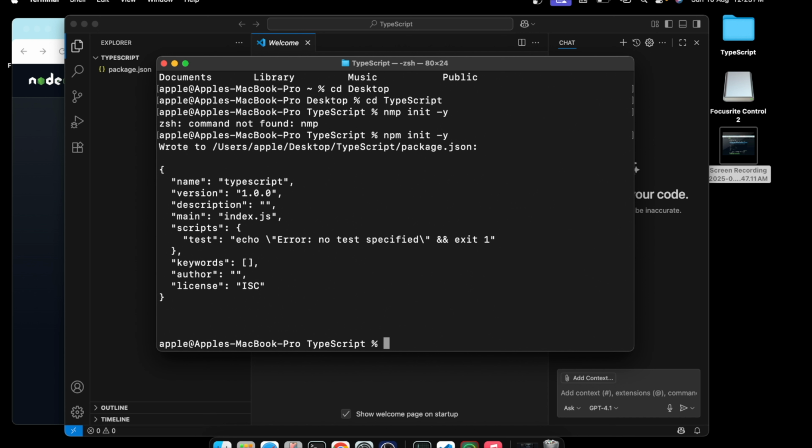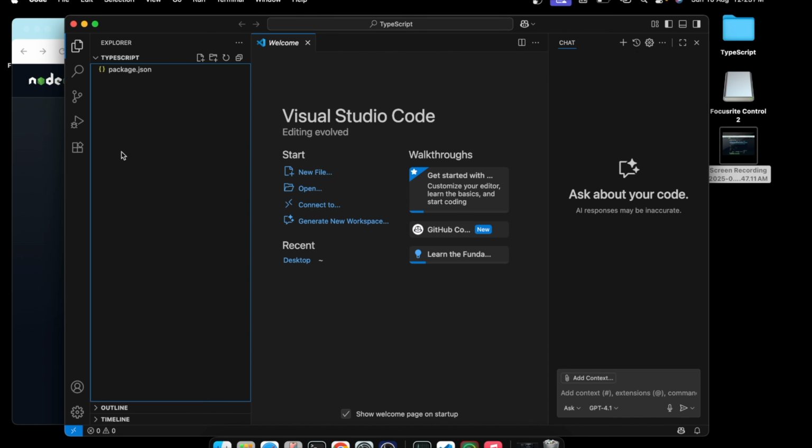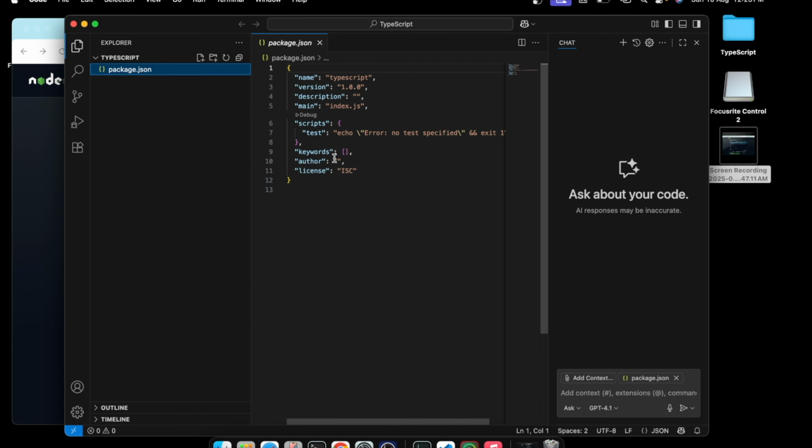You can notice that the basic structure is written, which is the package.json. You can verify here that in package.json the basic structure is available.